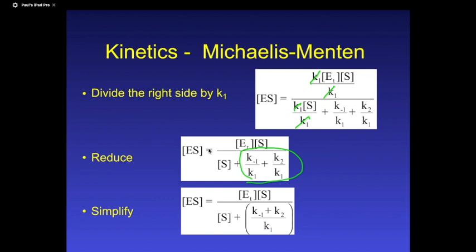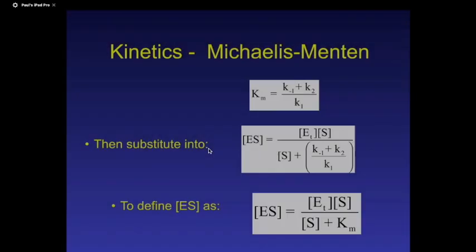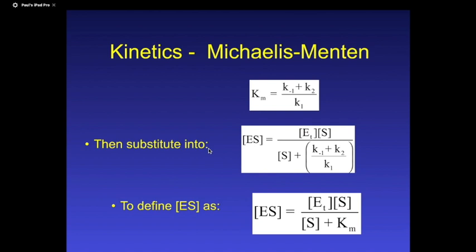That is rate constants. They're all numerical values. And if I simplify that, that's a simplification: the K minus 1 plus the K2, divided by K1. All right, those are all rates. So just a little simplification. I'm going to simplify it one more step. I'm going to define something. If these are all numbers of rates, then I'm just going to combine them and call them a Km,